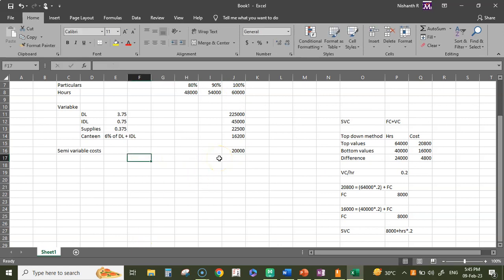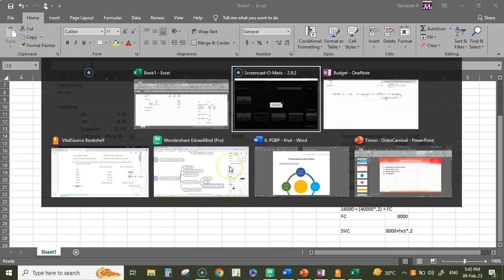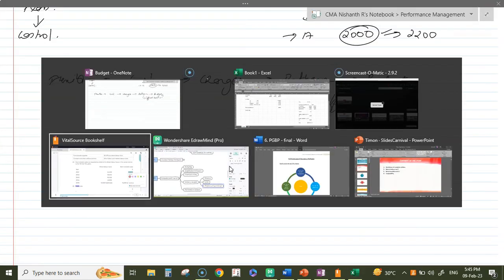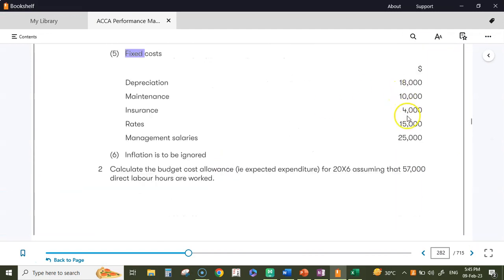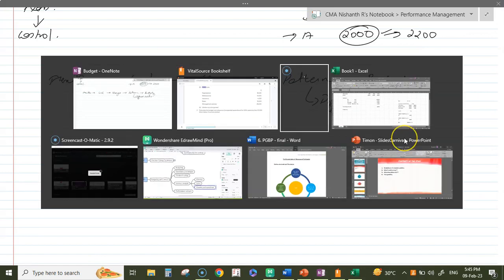Now I have fixed costs, different fixed costs from the question. How much are my fixed costs? Let me just go to the question. Yes, what are my fixed costs? Okay, 18, 10, 4, 15, 25. Just list it out.